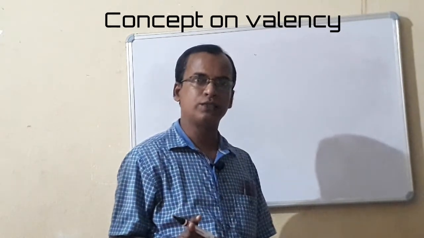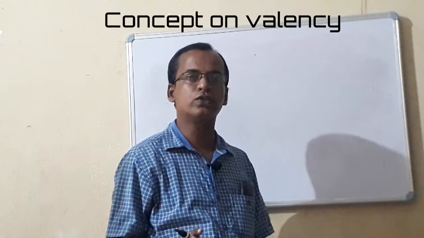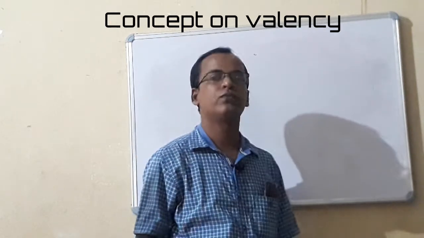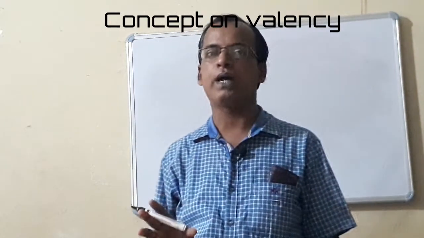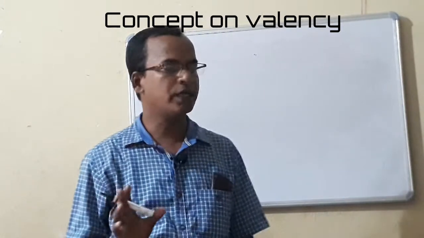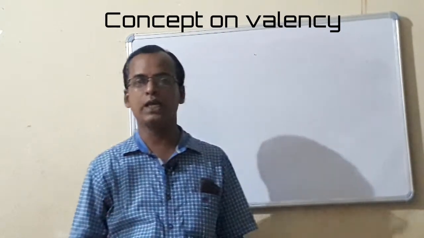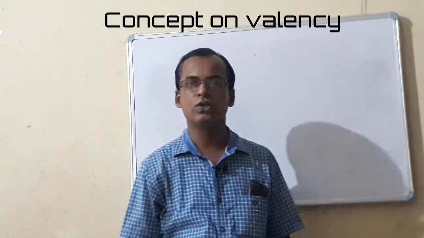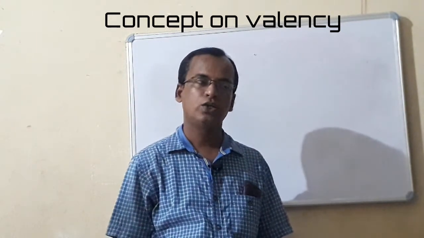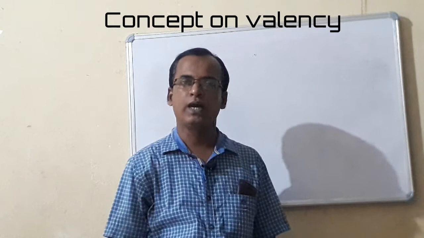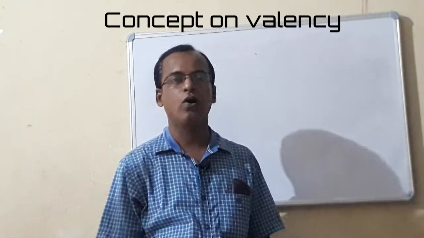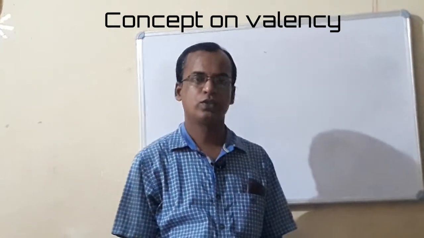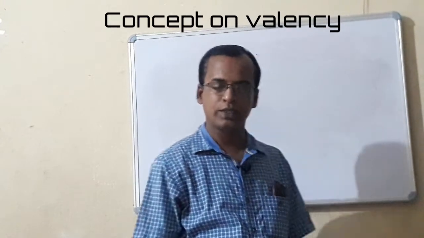But if it carries 5 electrons or more than 5, then valency is 8 minus that number. Why 8 minus that number? Because all the elements try their best to attain the nearest noble gas configuration either by donating or by accepting electrons. So another definition,